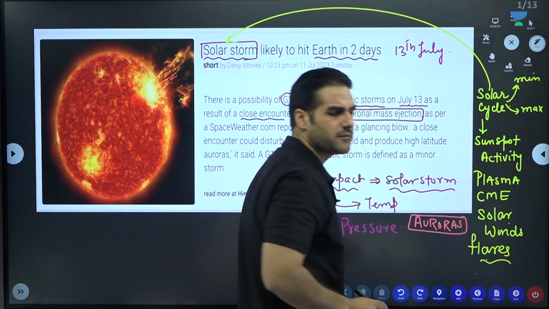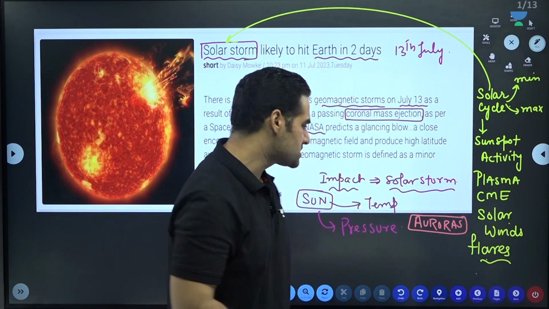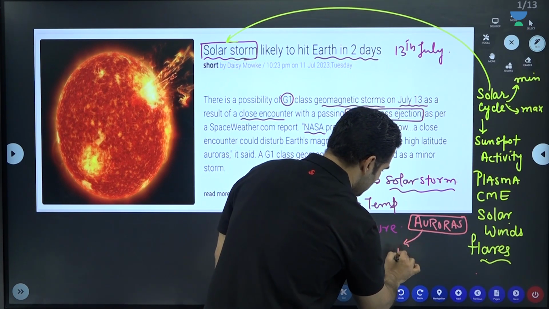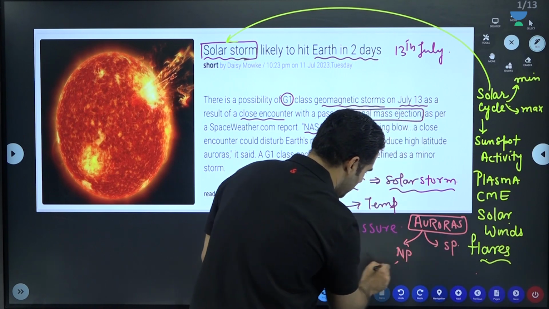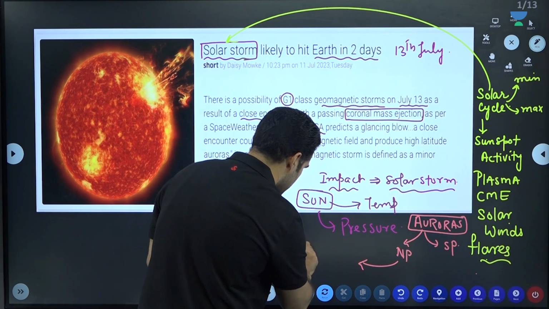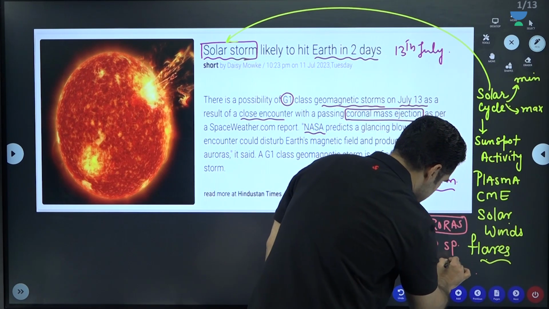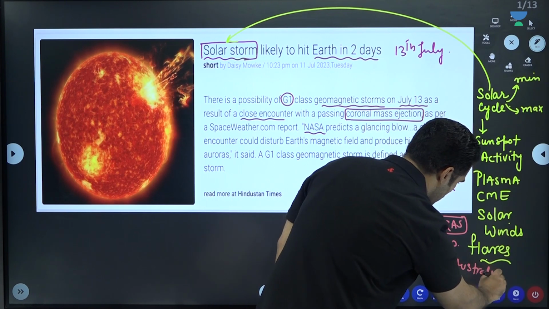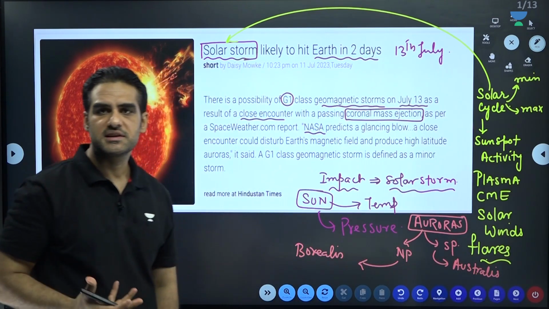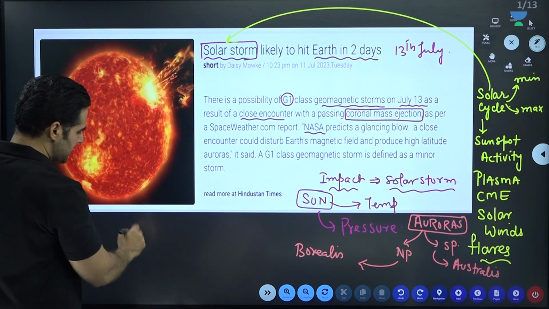Aurora is a beautiful lighting phenomenon in the sky, mainly observed at the North Pole as well as the South Pole. At the North Pole, it is called aurora borealis, and at the South Pole it is called aurora australis. Why is this happening? On what is it dependent? Here we need to know one more thing,